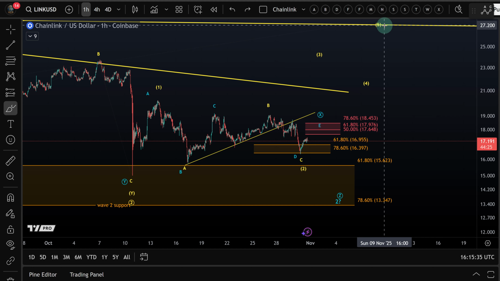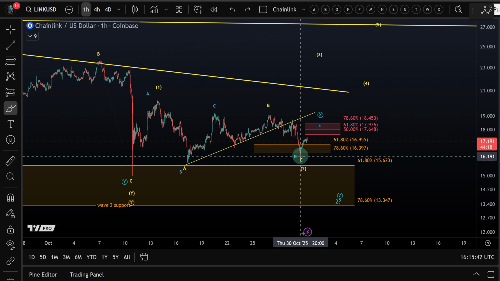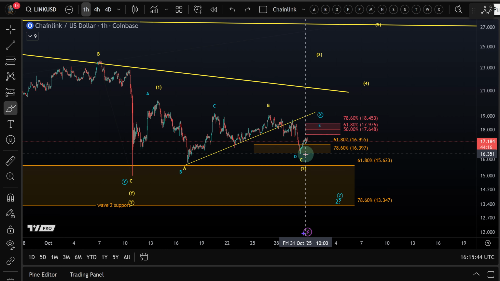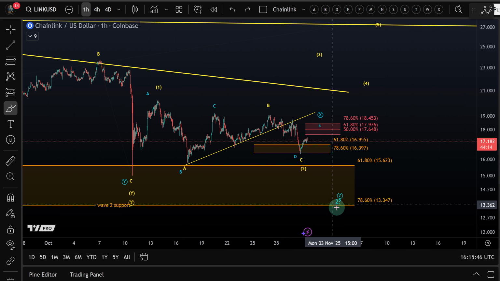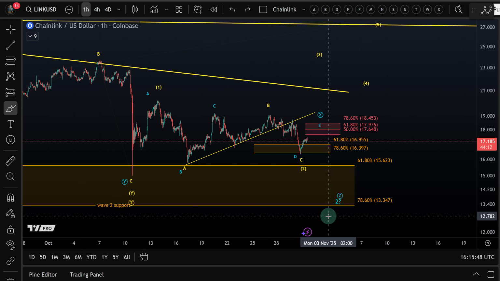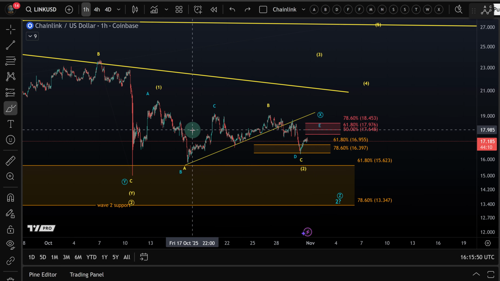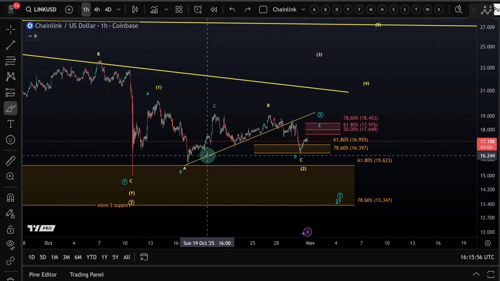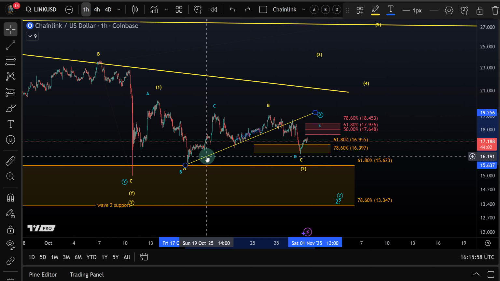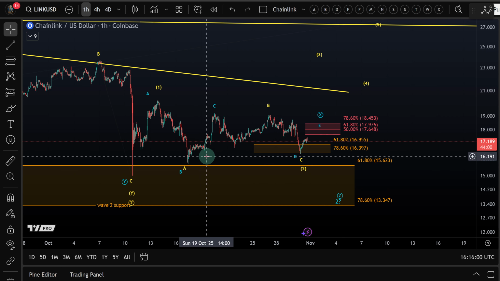It takes a clear break below our last swing low that formed here on Thursday to open the door towards $13.30 and a confirmed top in the triangle. So I mean, we're still moving in the range. What these wave structures give us are the support levels in the range and resistance levels in the range. But honestly, it's not really